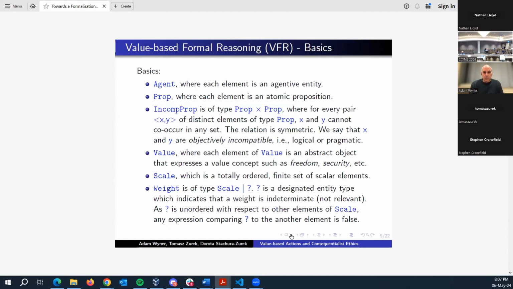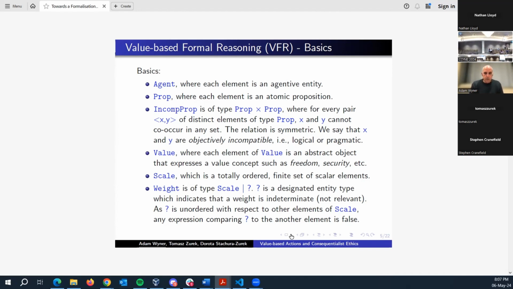So the basics of this value-based formal reasoning: we have a set of agents, we have a set of atomic propositions, and we have a notion of when propositions are incompatible. These are just pairs of propositions that cannot occur in any state or any set, and this relation is symmetric. In this sense, we say that they're objectively incompatible. This might be logical incompatibility or pragmatic incompatibility,